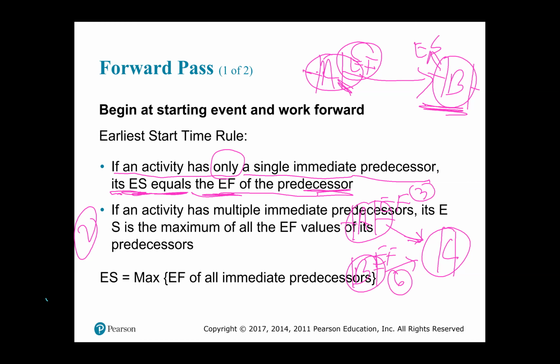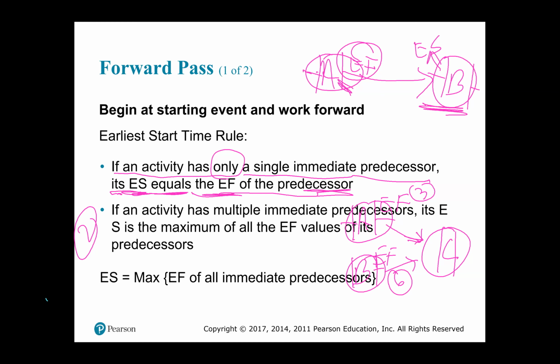According to rule 2, where you have multiple immediate predecessors, in this case just 2, but it could be more than 2, so activity C has multiple, in this case A and B, as predecessors,